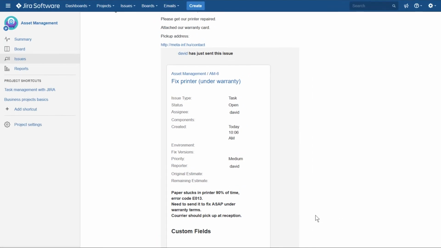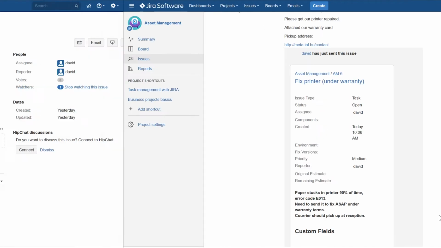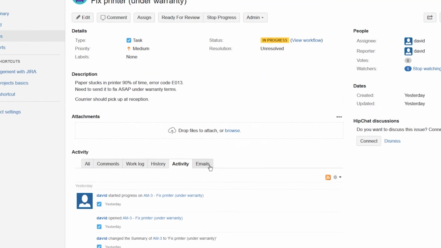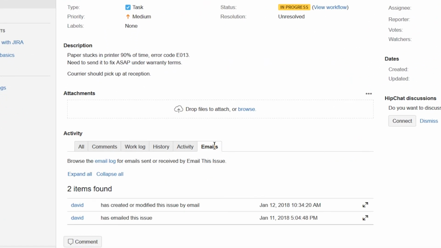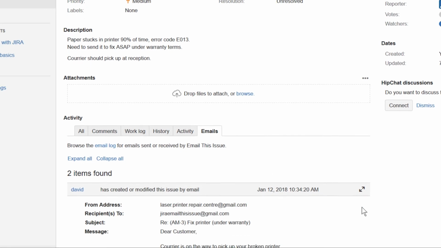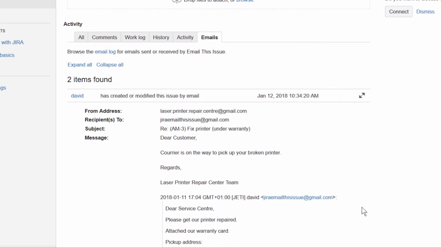Ask your Jira admin to set up your support email account and email this issue to send and receive emails. When it's set up, if your customer replies, that email will also appear here. Any Jira user who can access this issue can follow up related emails and email this issue using the Email